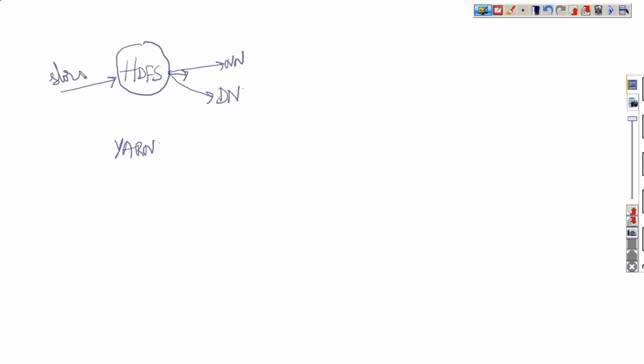And so we have been talking about HDFS and YARN here. So in HDFS, the master process we are calling it what? Name node. And the slave process, we are calling it data node. So HDFS is confined to only storage. Only for storage.